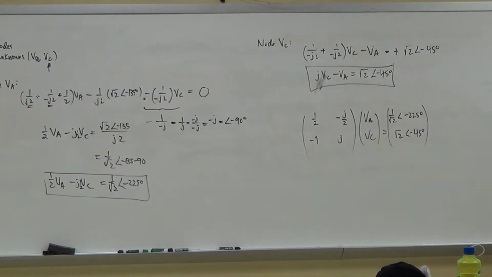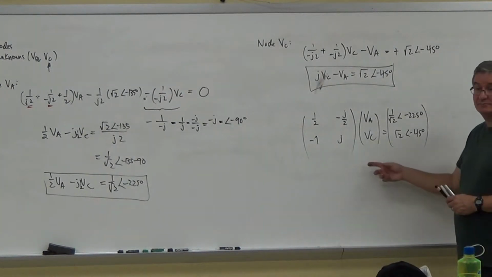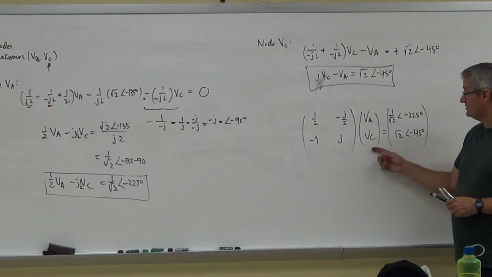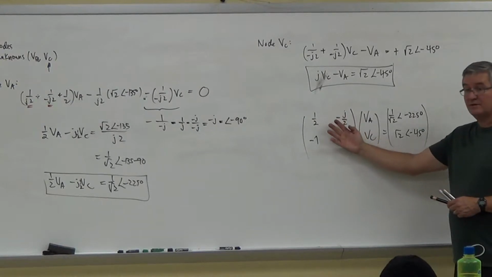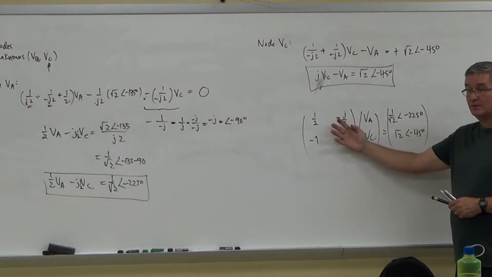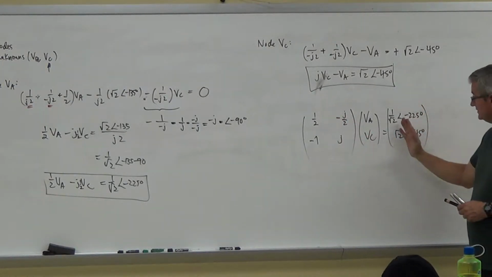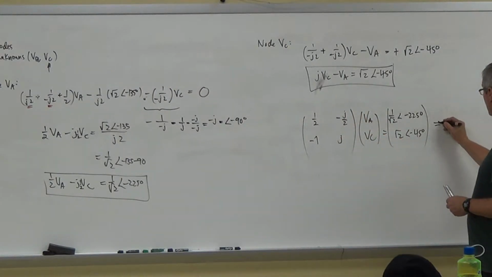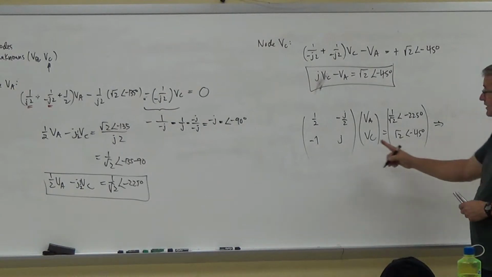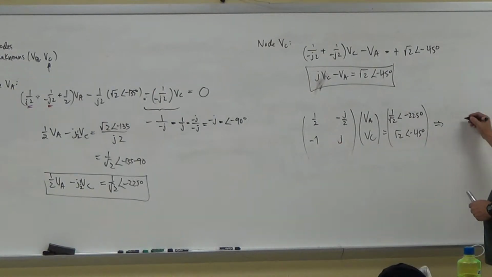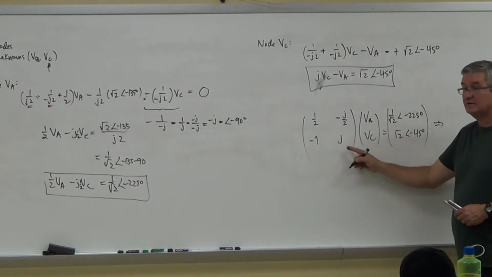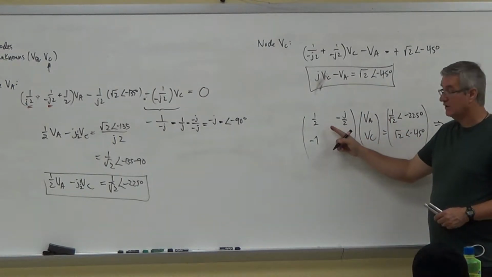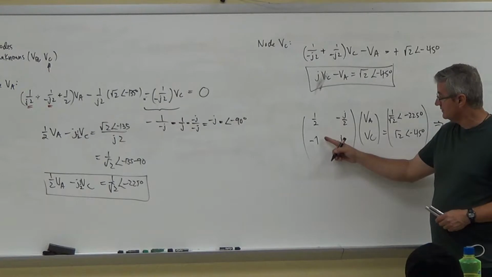So now all I'm going to do is calculate VC. There's a couple of ways to calculate VC. To get VC, I take the determinant of this term, and on the right side I replace these with the VC terms. So it goes like this. I want VC, so I take the determinant of this right here, which will be 1/2 times that, which gives me j over 2, minus the combination of this,